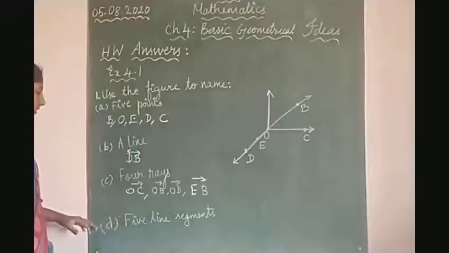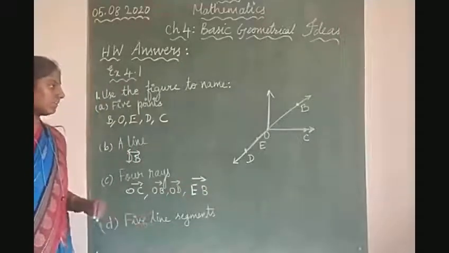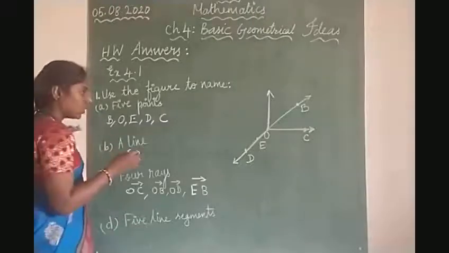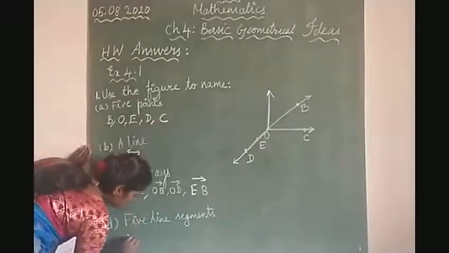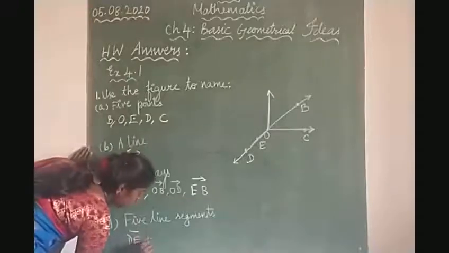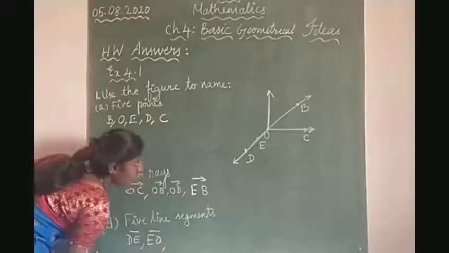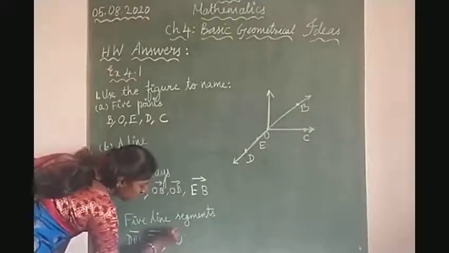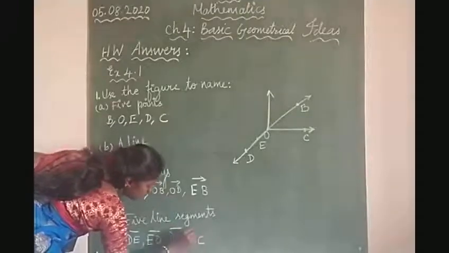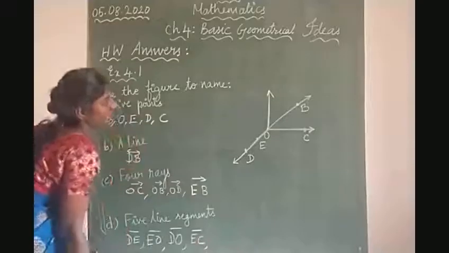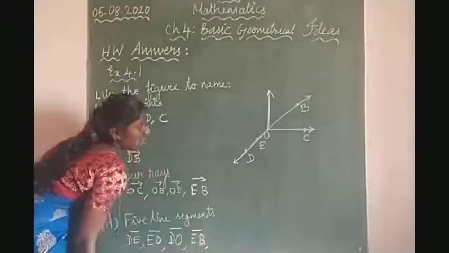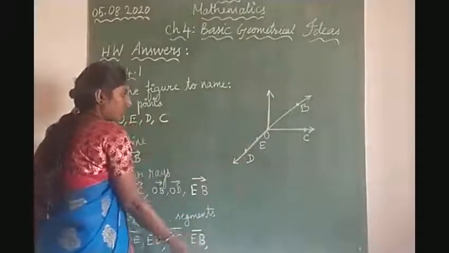4 rays. Then 5 line segments we have to write. Line segment is having 2 endpoints. It is a part of a line. Okay. So we can write DE. Okay. Then EO. Then DO. Then EC you can write. Okay. Sorry, EB. You can write EB. Also you can write